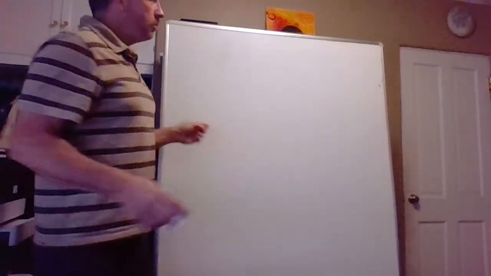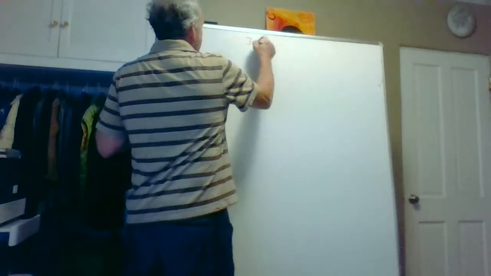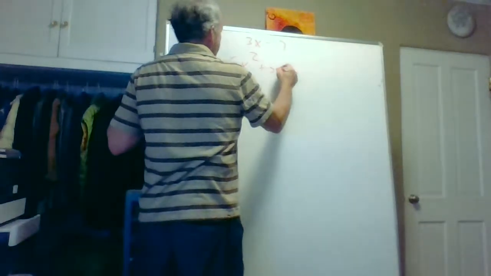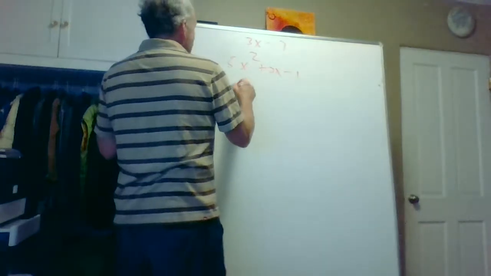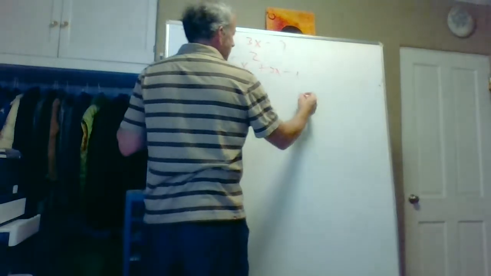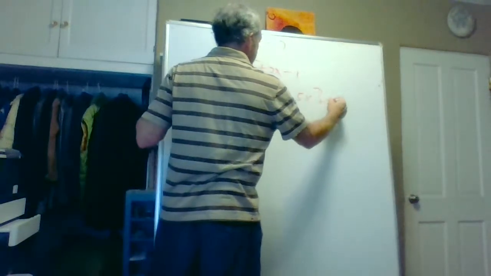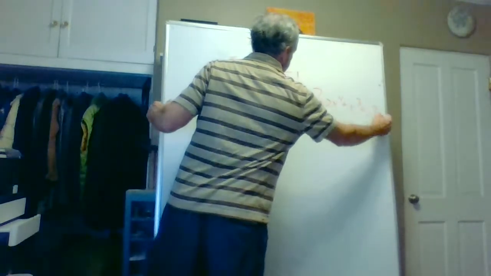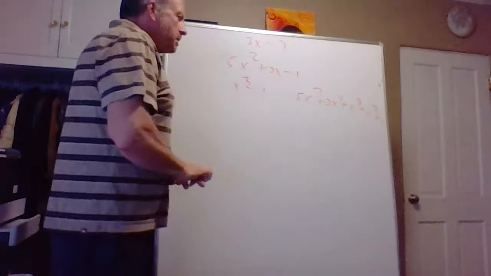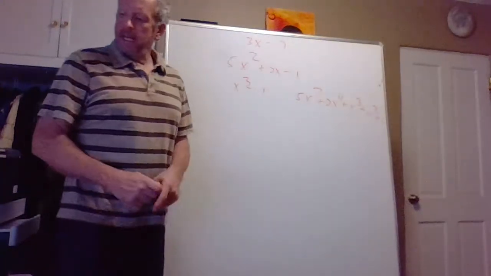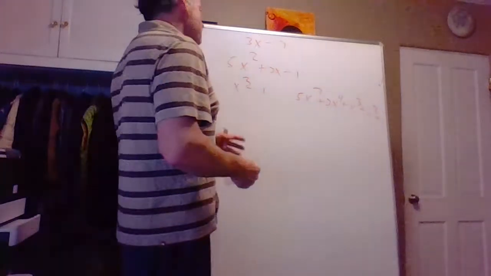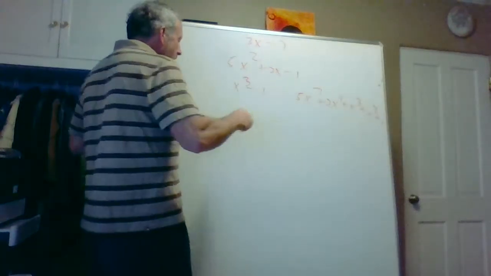Now, you've seen polynomials. So this is a polynomial, 3x minus 7. And this is a polynomial. And this is a polynomial. And this is a polynomial. So you've seen polynomials for years now. And in a lot of ways, we don't really have to worry about the official definition. What makes something a polynomial? For example,